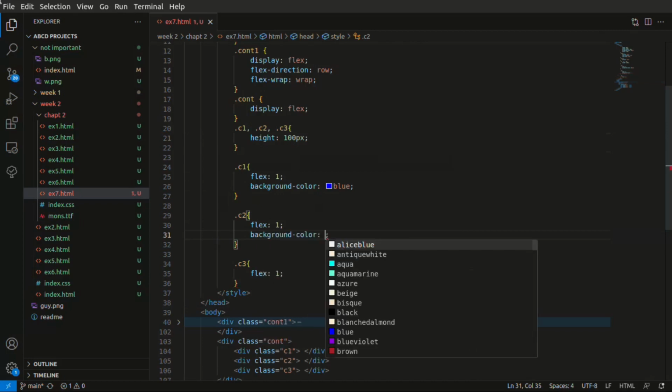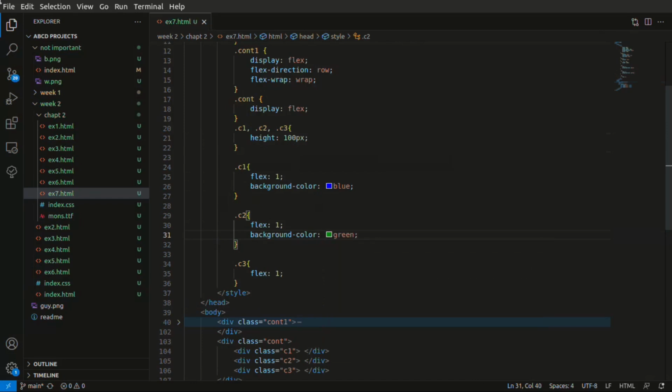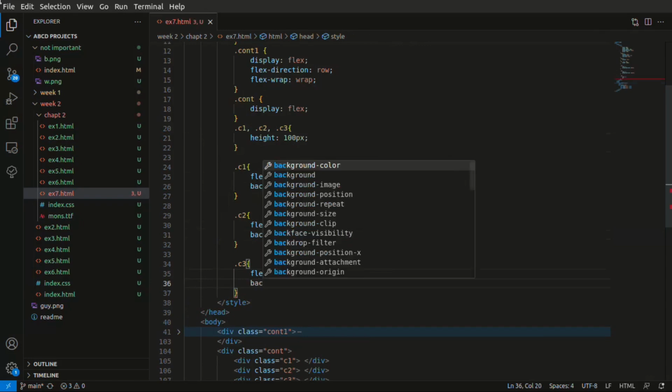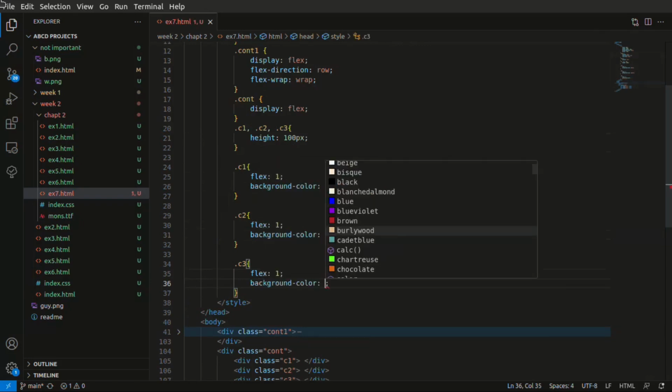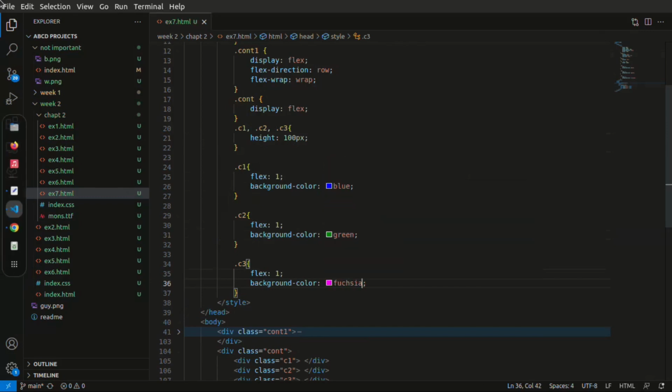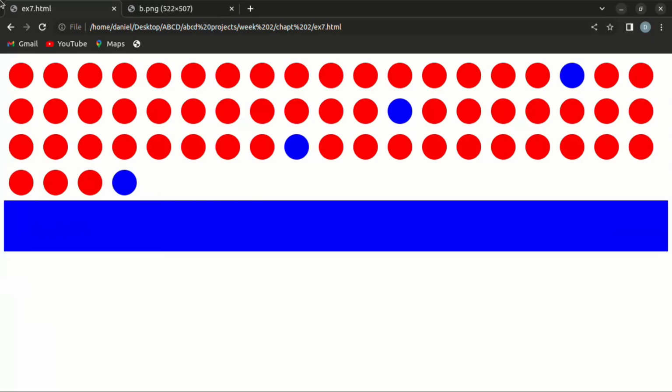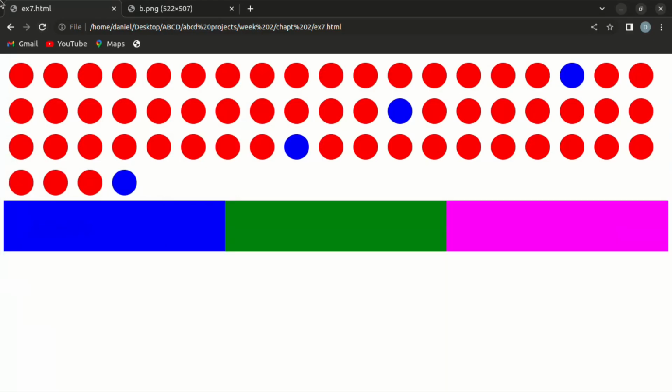Now let's see what cool color we have here. Let's make it green. And let's give this guy a background color of fuchsia. Okay, so let's go back to our code and refresh. You can see that now it has divided the screen equally into 3. So I don't even need to specify the width of the